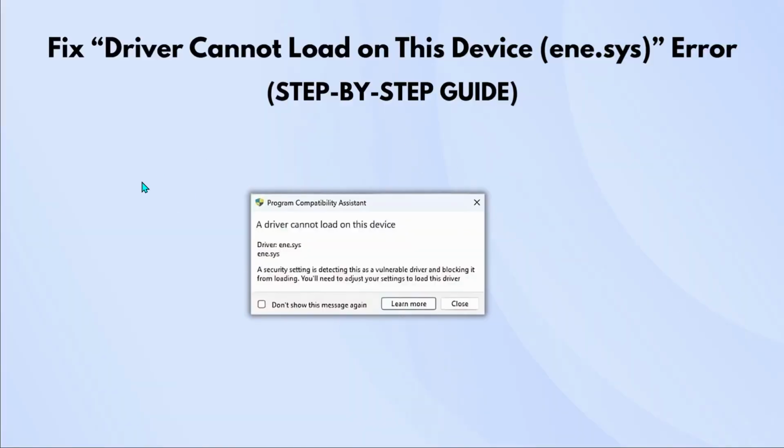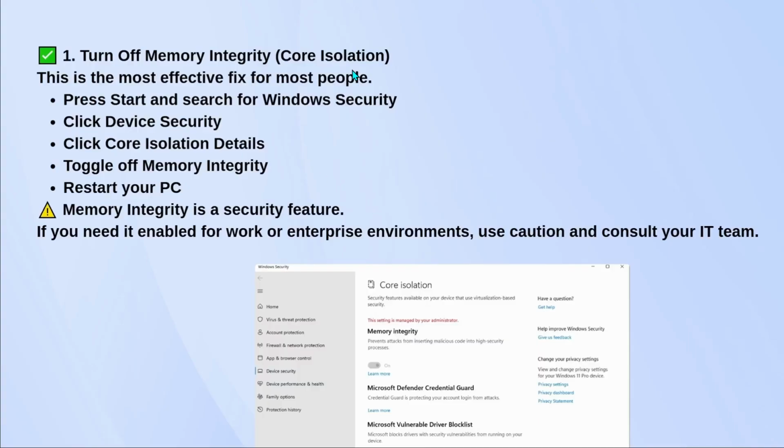If you're seeing the "driver cannot load on this device" error related to ene sys, don't worry. There are a few steps you can take to fix it. The first thing to do is turn off memory integrity. This feature is part of core isolation in Windows security and is often the main reason the driver fails to